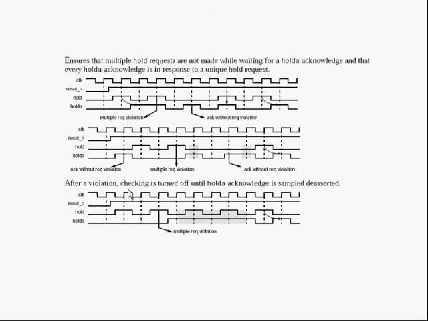What will happen after a violation? Checking is turned off. Once it finds any violation, it will turn off checking until old acknowledge is sampled deasserted. Okay, for example here old a is the acknowledgement signal. Now a violation has occurred. Now our assertion module will not do any check until this old acknowledge signal changes, or until the old acknowledge signal is deasserted. Okay,